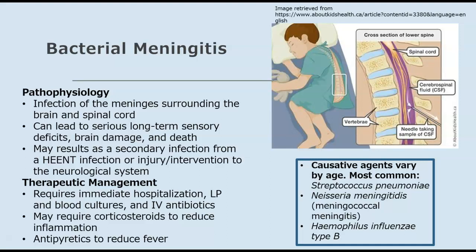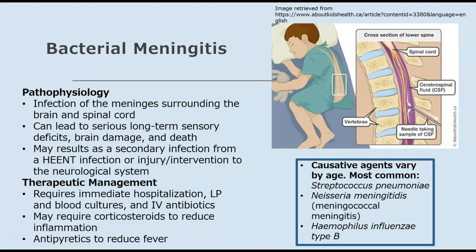With the blood cultures, we are looking for the causative agent. There may also be cultures done of the throat or of the nose or of other areas in the body, such as the urinary system, in order to try to find the site of the original infection that may have resulted in this secondary infection. Causative agents are listed in the box on the right side of your screen. The most common causative agent varies by age, but some of these include Streptococcus pneumoniae, Neisseria meningitidis, and Haemophilus influenzae